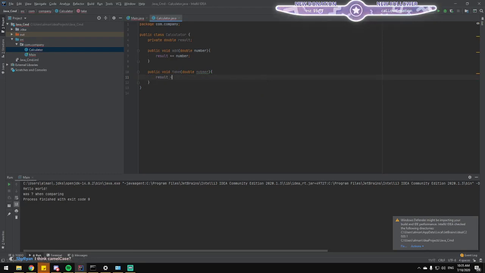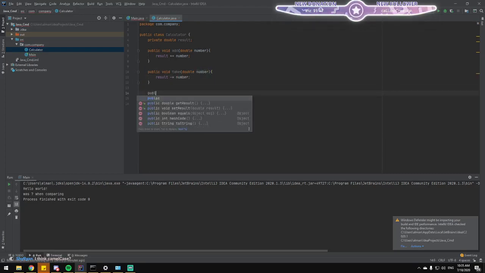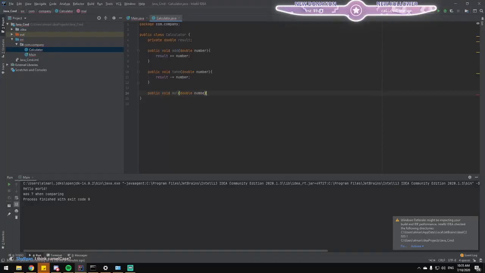Result minus equal number, multiply. Practicing creating my first class in Java.